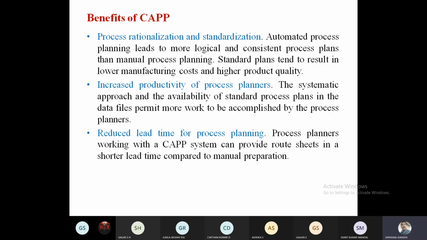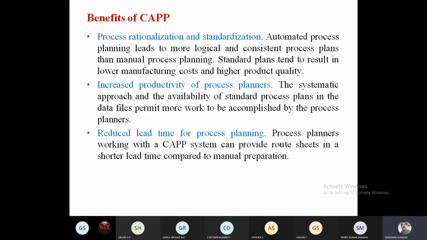These are the benefits. Lesser manufacturing cost: definitely the cost of the material will be reduced, because the process we have prepared is very optimal. And the second one, the manufacturing lead time, MLT, will be reduced, because the material spending time in the shop floor, and some parts which have already been completed, will stay in the shop floor until the whole lot is completed.